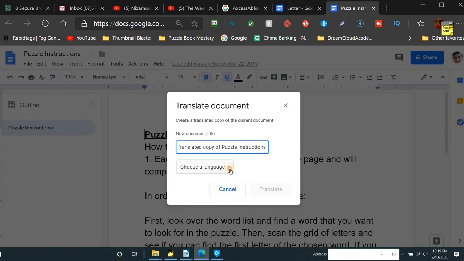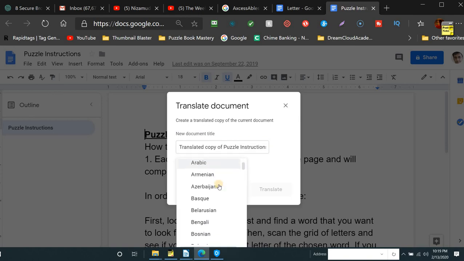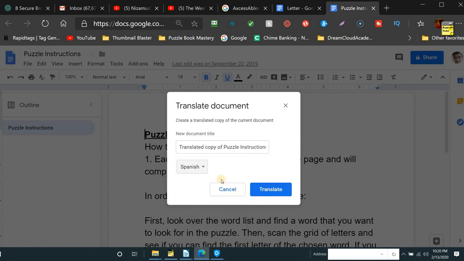Choose the language. I said we were gonna translate it to Spanish. So just scroll down, it's alphabetical, so the S is right near the bottom. Should be coming up soon. Spanish. And you can try other languages too, but I just made it easier to stick with a popular language, but other languages will work as well. So once the parameters are all set, you're going to click on Translate,